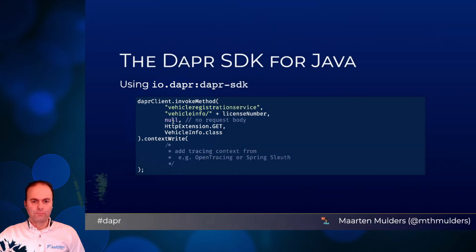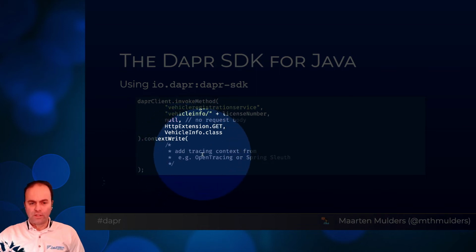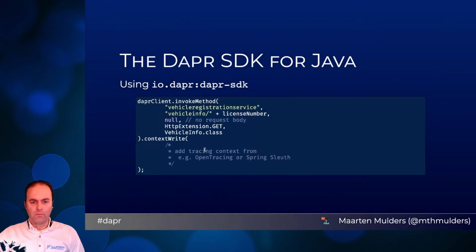That would work in itself. It's all built on Project Reactor, so it's all reactive, so you need to block on that or pass that context on. But being implemented on top of Project Reactor, you can use context write, this method, to pass additional information into the reactor context. And the type of information that you would like to add is the tracing context that you can get from Open Tracing or Spring Sleuth. How exactly to do that is a bit outside of the scope for today. But let's just say for now that this is the way you would add the tracing information.